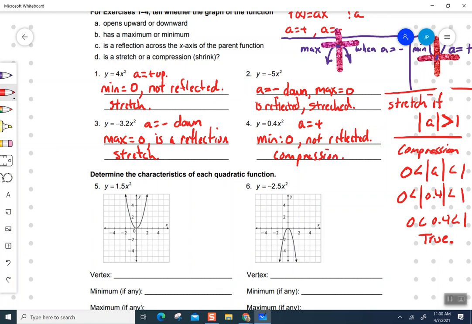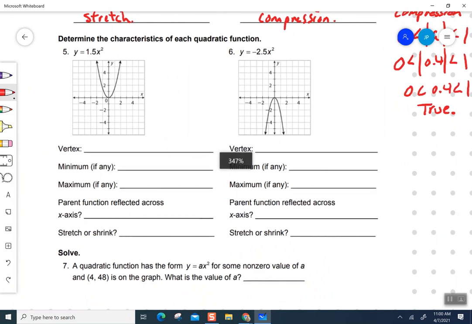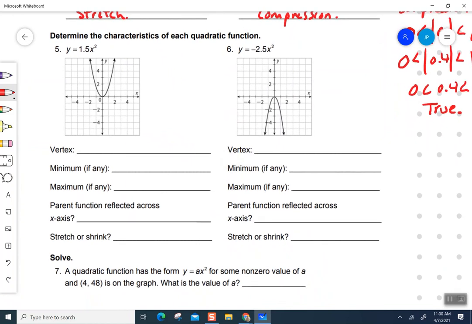All right, now we're going to try questions 5 and 6 along with question 7. Please follow closely. Again, I'd like you to hit pause, see if you can get them, and then I'll go ahead and help you out with the